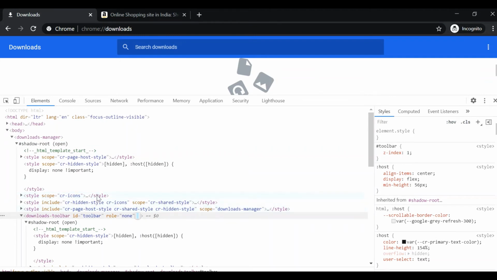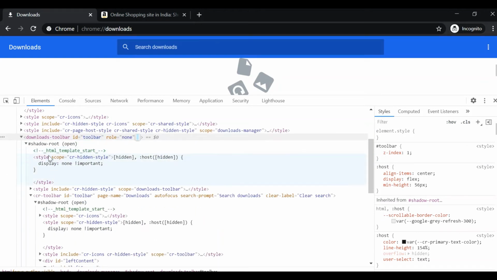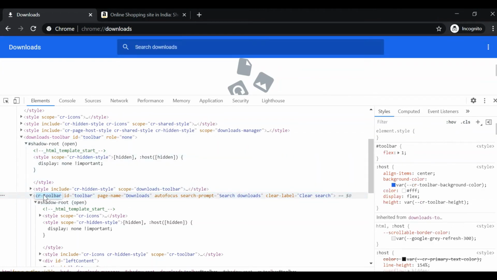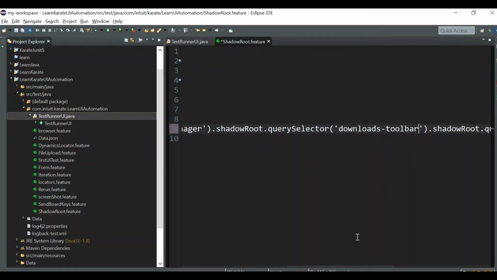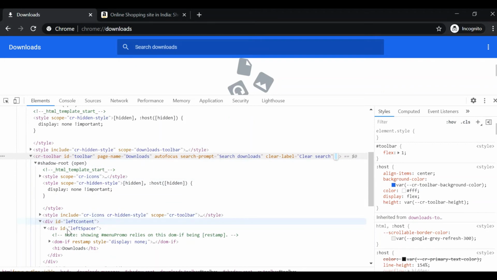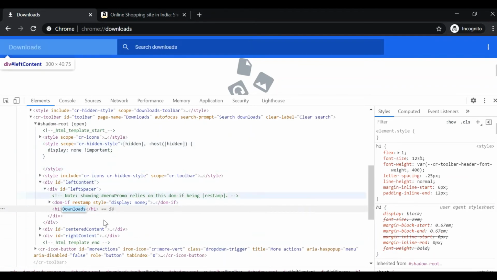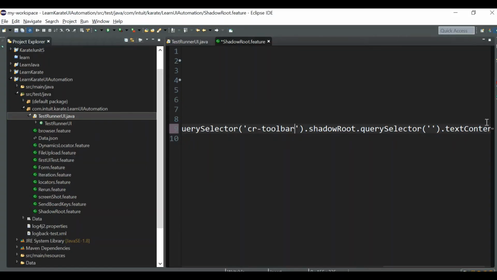And next we have to go to this shadow root structure and inspect the next element inside this particular shadow root, that means before the start of the next shadow root. Here also we have a unique tag name, so I'm making use of the tag name again. And next it will go to the next shadow root and then query selector of, in the next shadow root we need the h1 tag only, not any other tag, right? So you can directly give h1 tag.